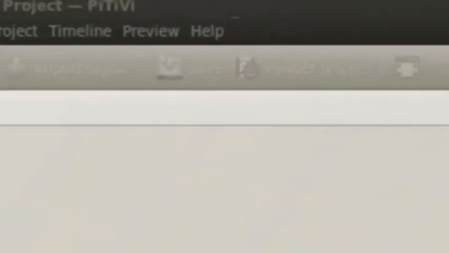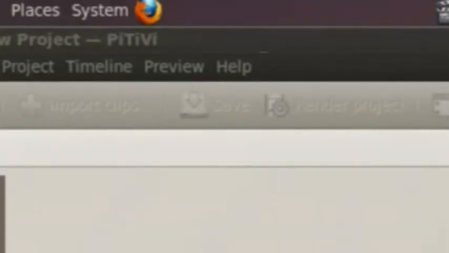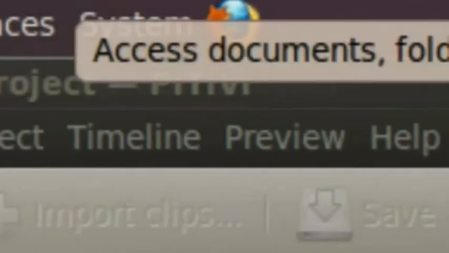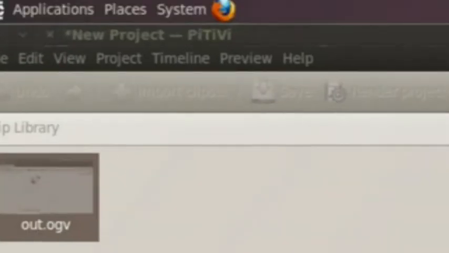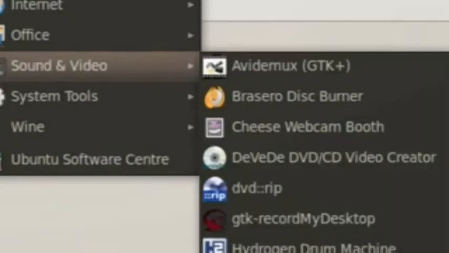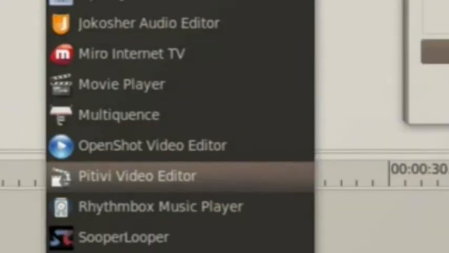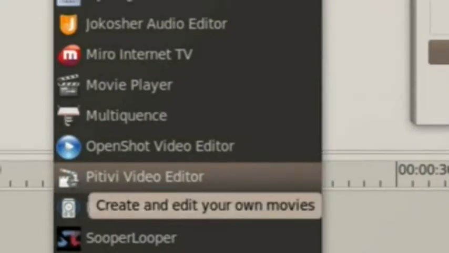There was one here that just jumped up now. Greg in Texas just wants to know, what is the name of the converter that you're using? This is Pitivi. It comes with Ubuntu, and I'll actually show you the title here. P-I-T-I-V-I. Do you see that? So to get that, it's under Applications, Sound and Video, Pitivi. Now Pitivi is another editor, which I guess you would say is kind of similar to Openshot,